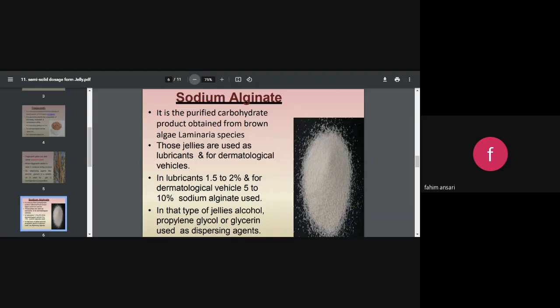The viscosity of sodium alginate has an advantage over tragacanth because it is available in several grades of standardized viscosity. It is because it is a purified carbohydrate, and then we can control the viscosity of that product. In comparison, tragacanth is directly obtained from the plant. Viscosity may differ when obtained from different locations, etc.